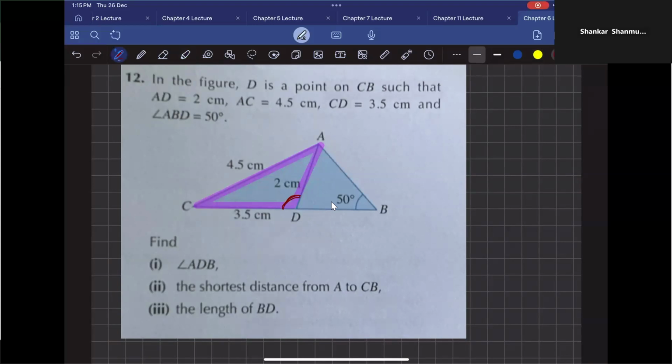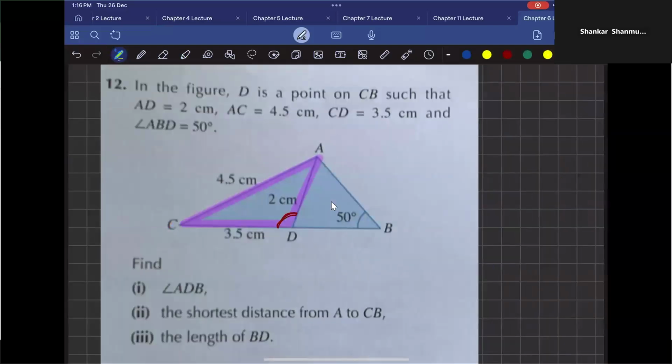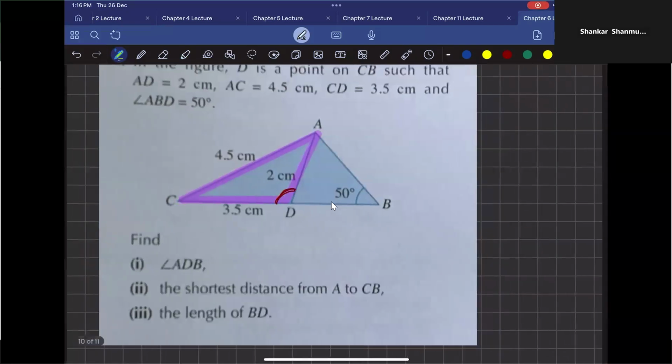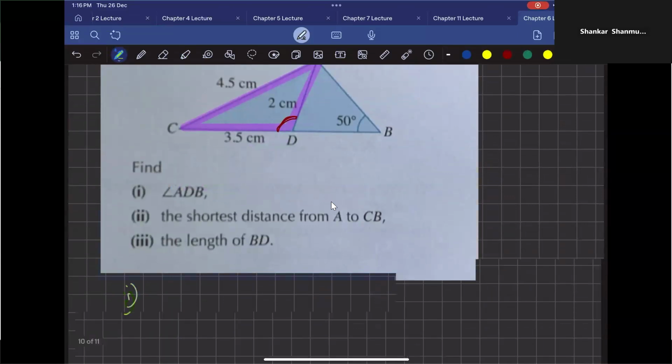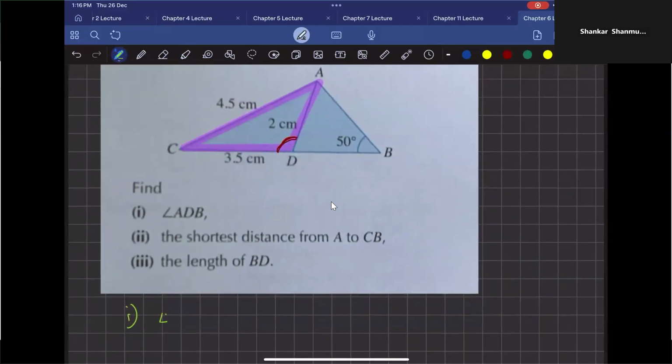When you have three given sides, you can always use your cosine rule, not sine rule. You need at least one angle and the corresponding side for your sine rule. So for this angle of interest, I should look at the opposite side. 4.5 squared equals 3.5 squared plus 2 squared minus 2 times